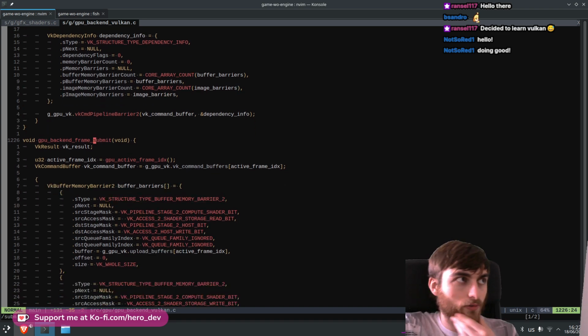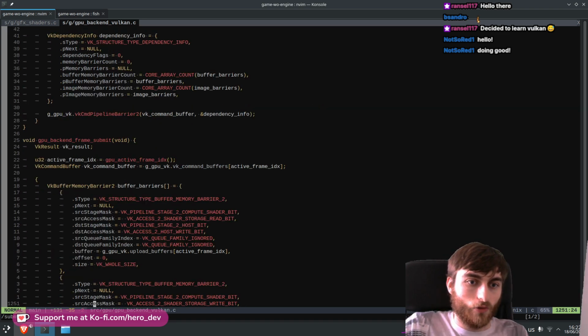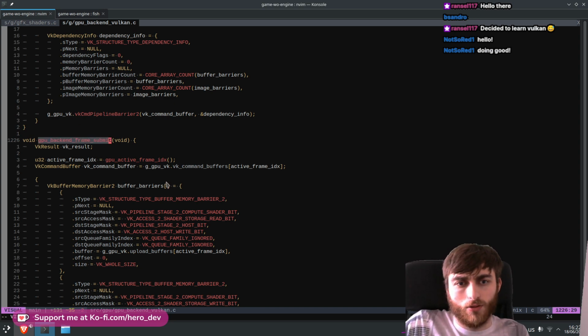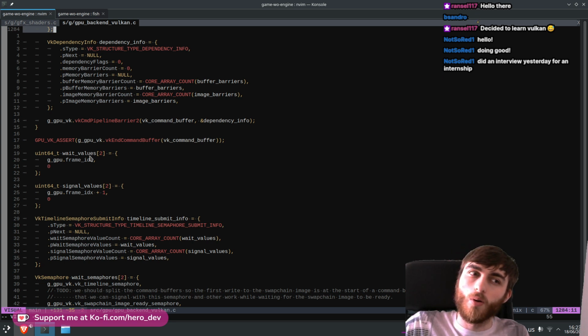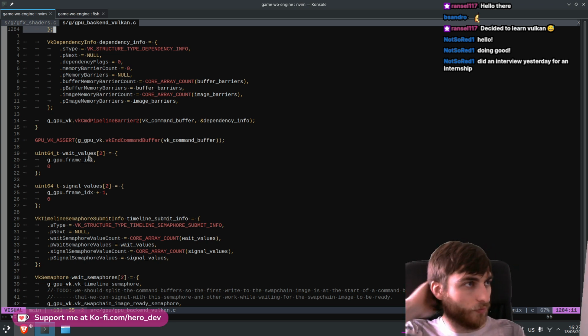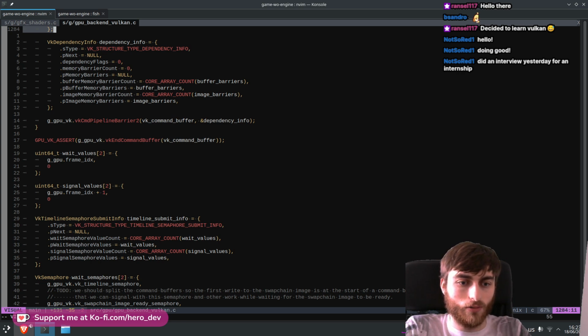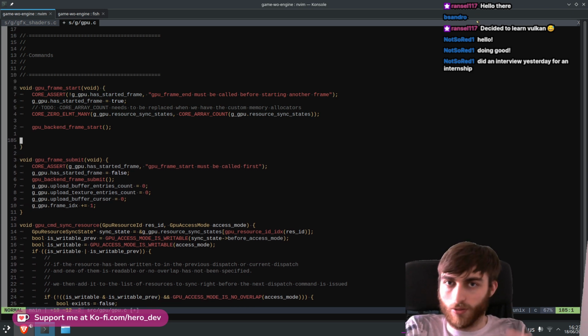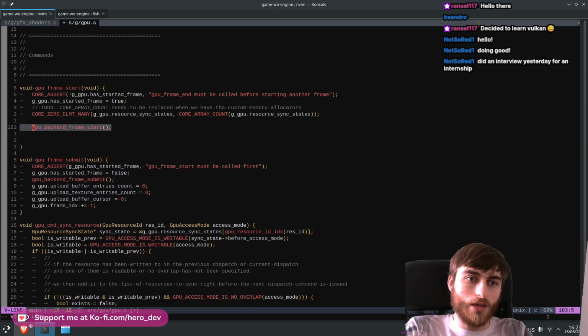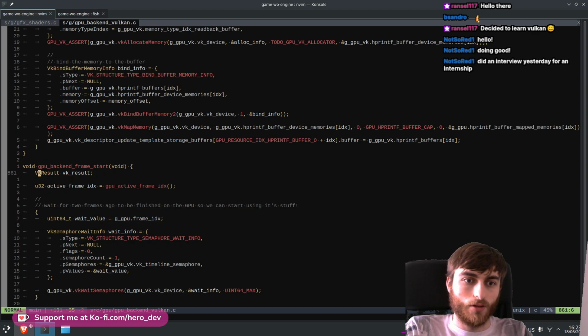So I think what we've got to do is say, if we submit, we get the command buffer we're going to be using, and then we... Wait, no, it could be a frame end, frame start. Yeah, no, we could do this out in the... Yeah, so after this one, it'll be safe to do it, because inside this guy, we're going to be